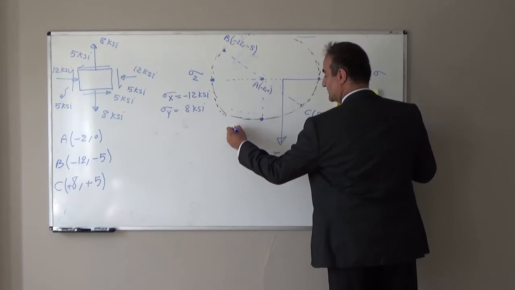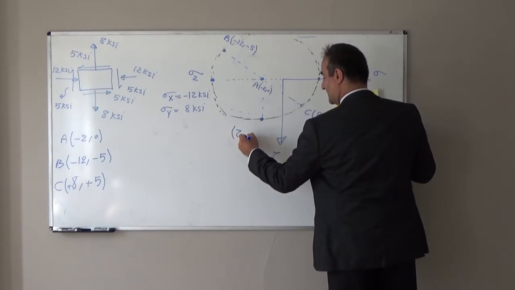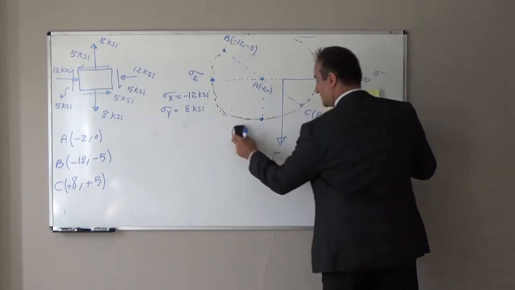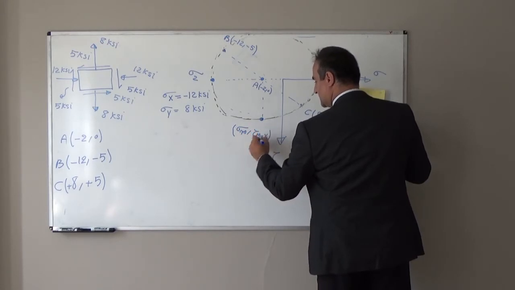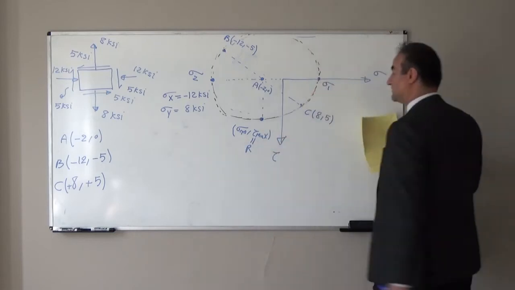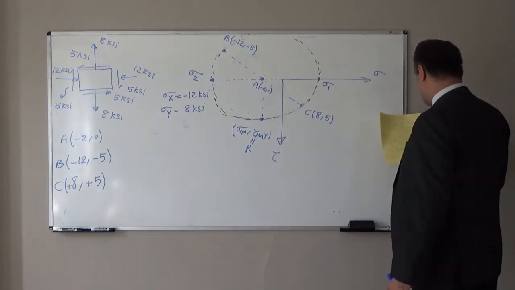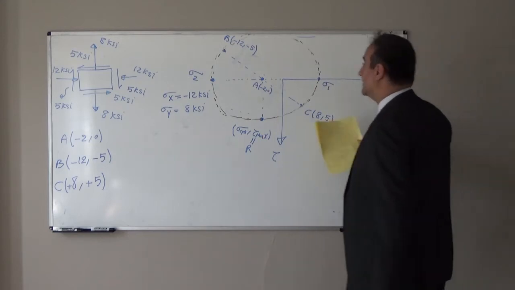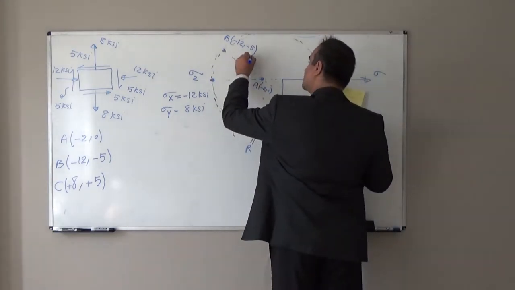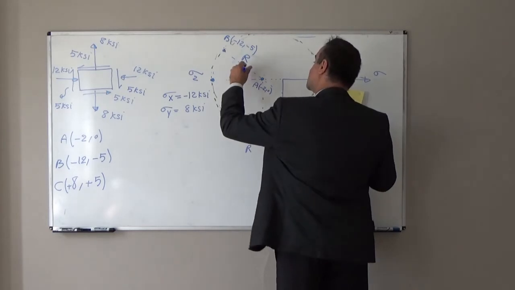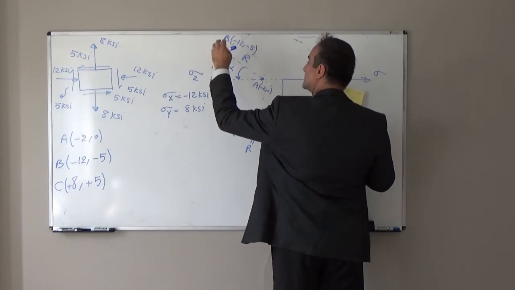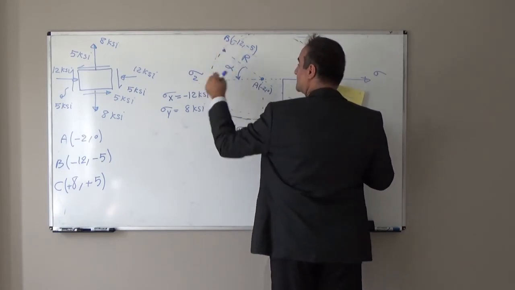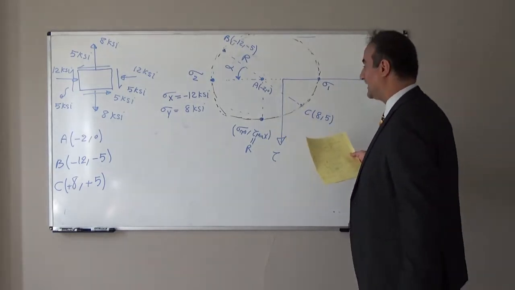So this is the coordinate for here. It is tau max. The coordinate for here is sigma m and tau max. And you know tau max is equal to the radius of this circle. Now, if I rotate this radius by alpha, I will transform point B to sigma 2. So if I call alpha